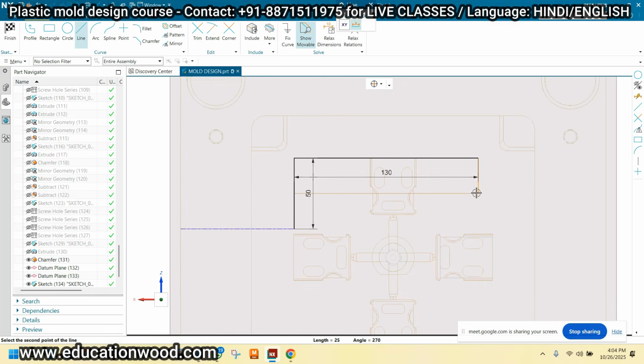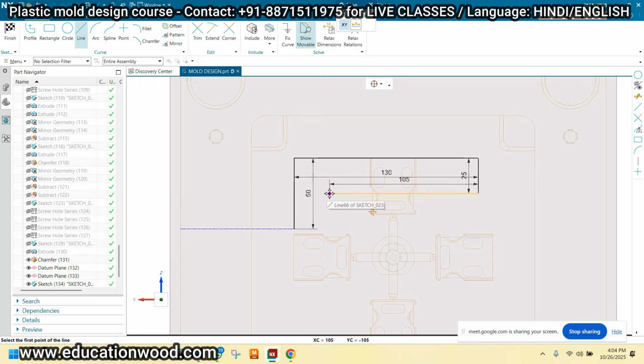And this will be the 25. From one cooling to another cooling, 10 mm diameter I'm taking. So from one cooling to another cooling, how much distance should be there? 25 I can take. Okay, and like this will be the 130. So 130 minus 25, how much? 105.